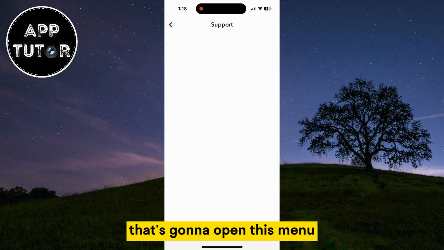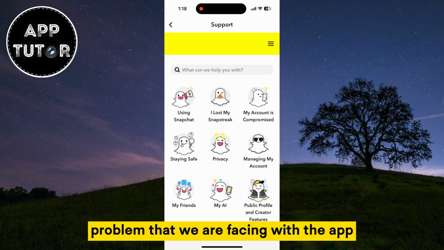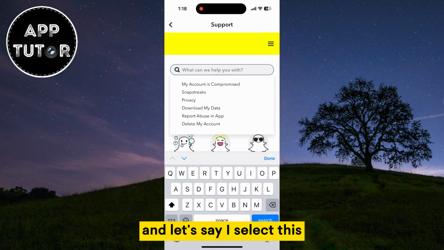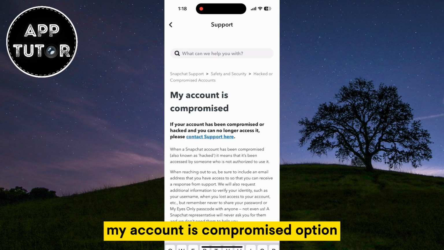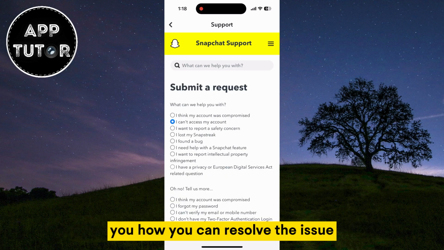That's going to open this menu where we can select or search for a specific problem that we are facing with the app, our account, or other things. I'll search for something, and let's say I select this my account is compromised option. That's going to open the article where they'll explain to you how you can resolve the issue,